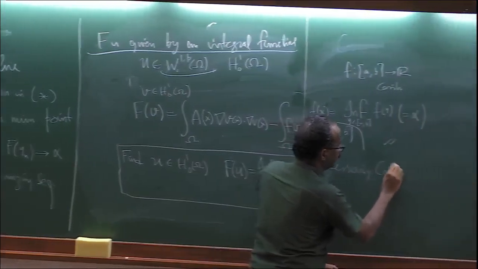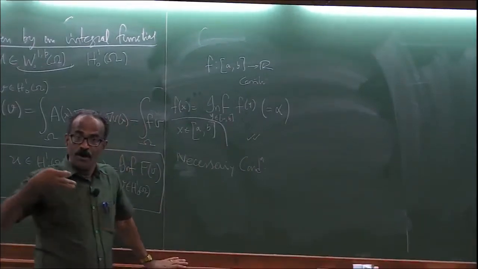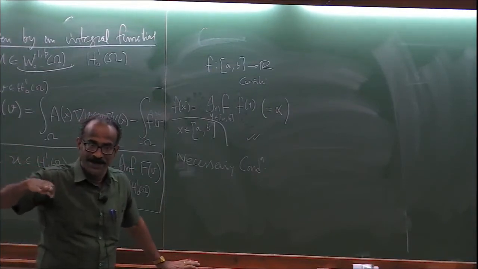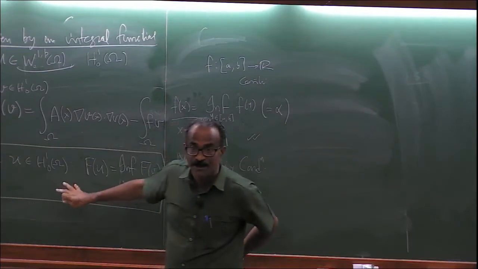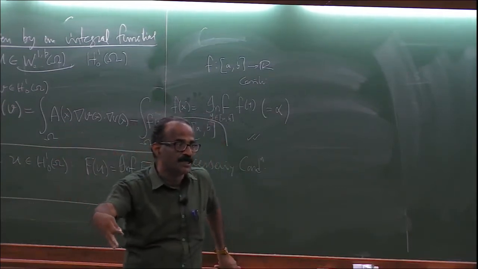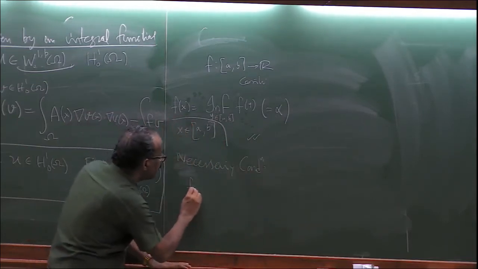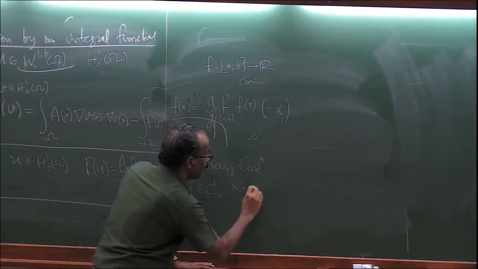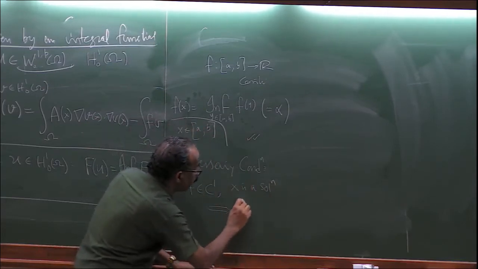It is also called an optimality condition. Though there is no optimal control, I'm not talking about that. You are looking for optimal solutions, right? You are minimizing or maximizing, an optimal or extremal solution. So the necessary condition says that if f is C1 and x is an interior solution,